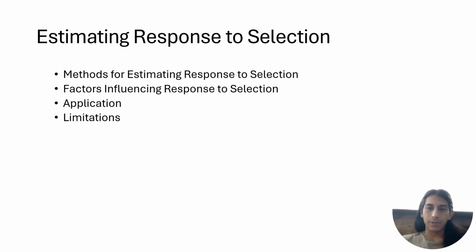Estimated responses in animal breeding. It's critical in animal breeding programs to predict the genetic gain from selection. I know they do this a lot in plants as well, but in animals, they want to get certain traits, like